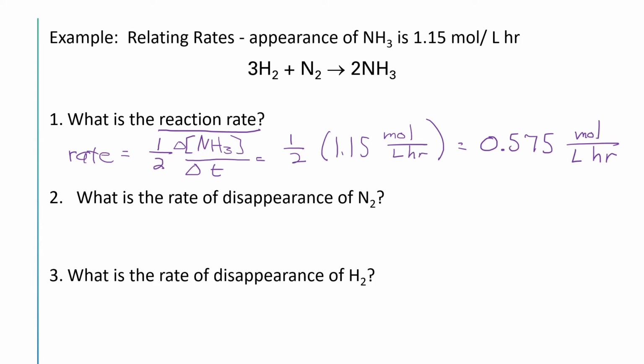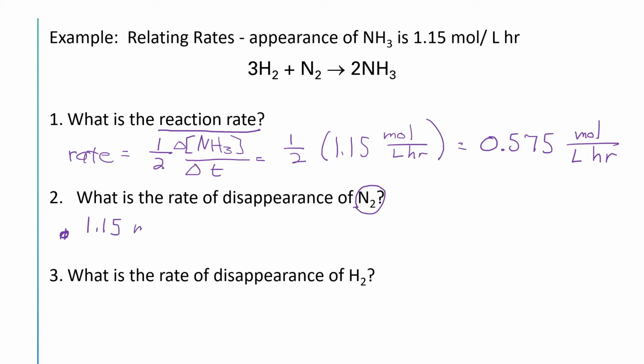For the second part, we're looking for the rate of disappearance of nitrogen. Now remember, all this stuff about appearance and disappearance is just a way of making sure the numbers are always positive. So here we go. We're going to set this up as dimensional analysis. So let's start with what we were originally given. We have